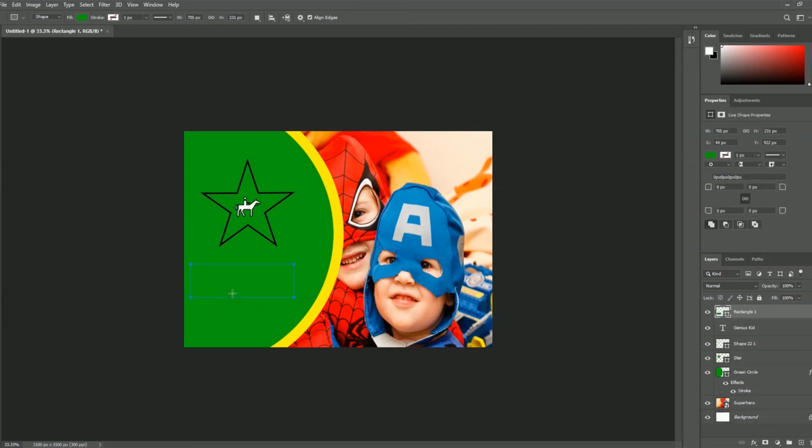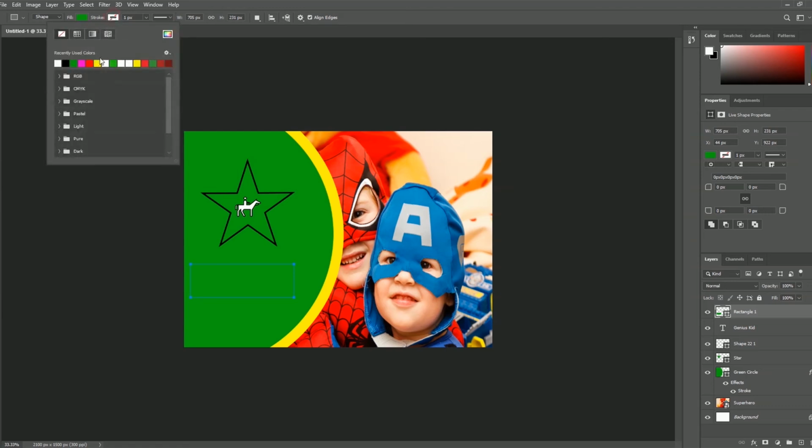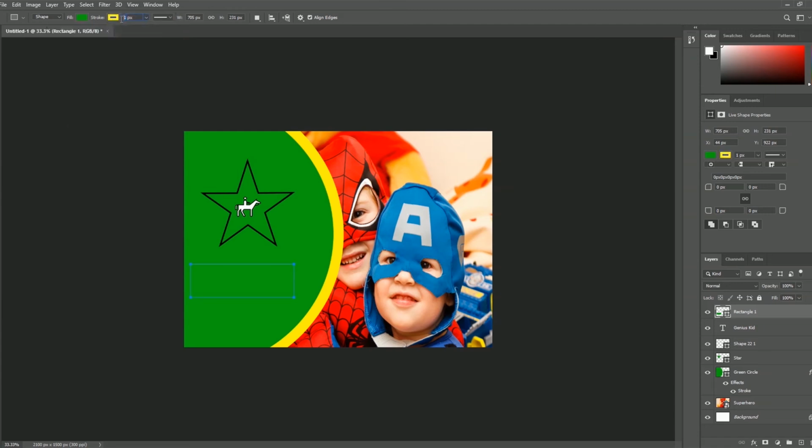You can take a look, we have the green fill color for the rectangle, and therefore it covered the entire thing. And we have to add a stroke, and therefore we want to apply a yellow stroke color. So let me pick the yellow color, and I want to increase the stroke size to 4 pixels. So let me write 4 pixels,